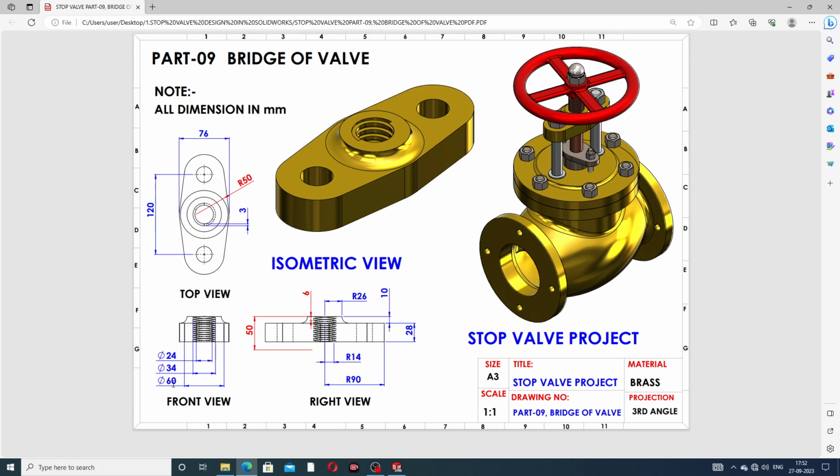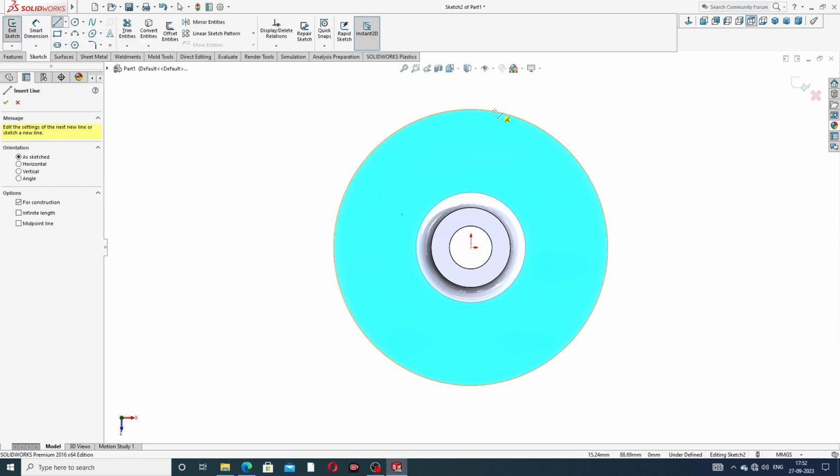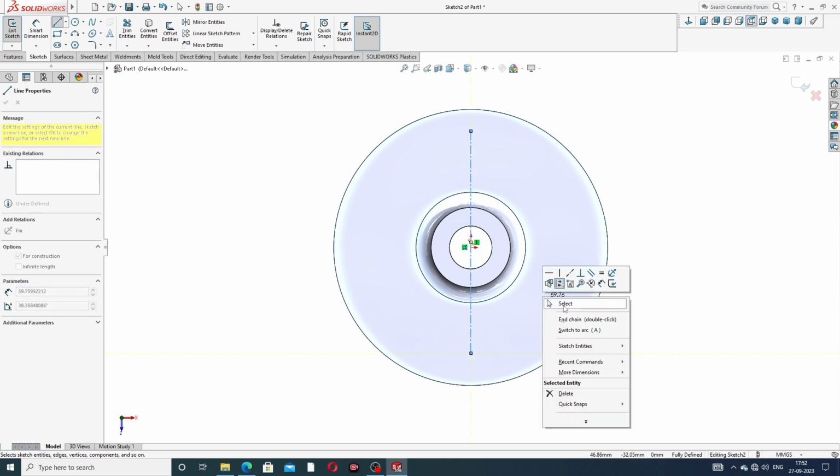This circle is drawn here with 60 millimeter diameter, and this is 24 millimeter, and this is a cutout. This 34 millimeter uses a thread. At first draw a reference line, again select, and both reference lines are drawn here.